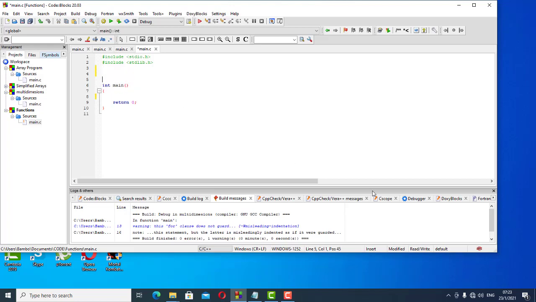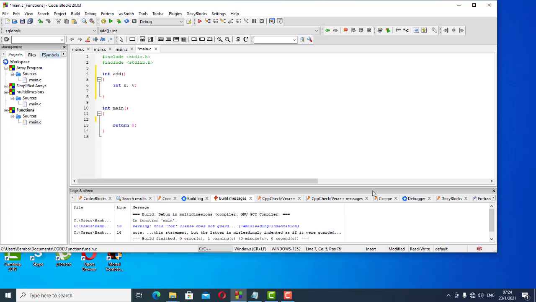So for example, I can create my first function as int add, and our function add would need variables that we can work with. So for example, we can say int x and y,